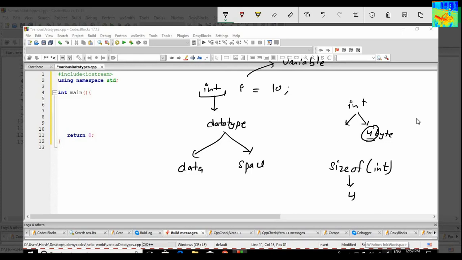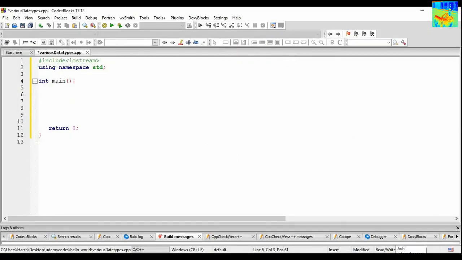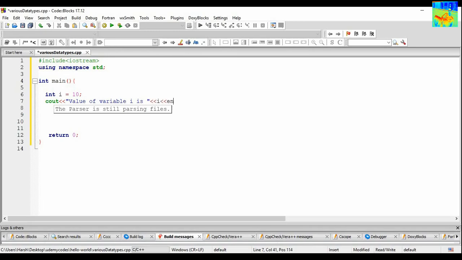Okay, so let's code it. Int i equals 10. First of all let us print the value of i. Cout value of variable i is i and then endl. And now let us print the size of variable i.